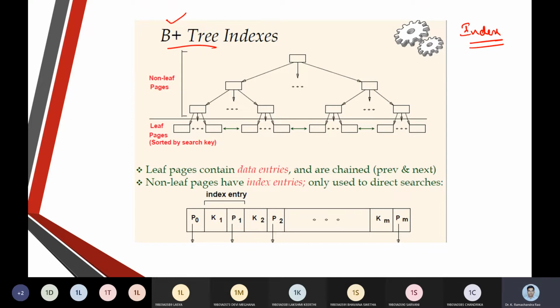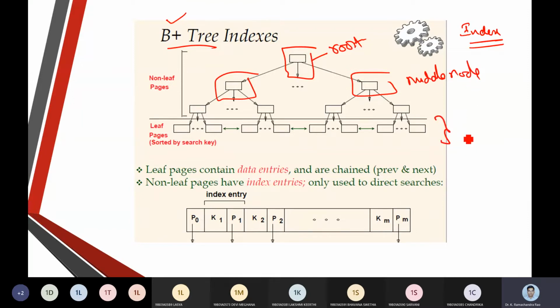So when we look at a B plus tree, the top item we call a root, the two items below we call the middle nodes, and the bottom items we call leaf nodes. The others we technically call non-leaf nodes.